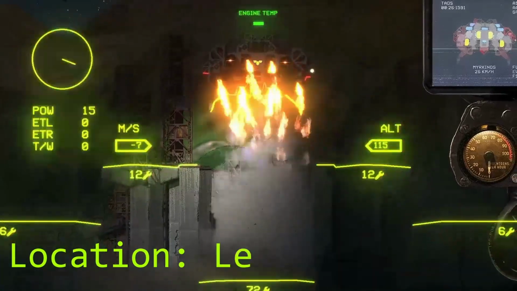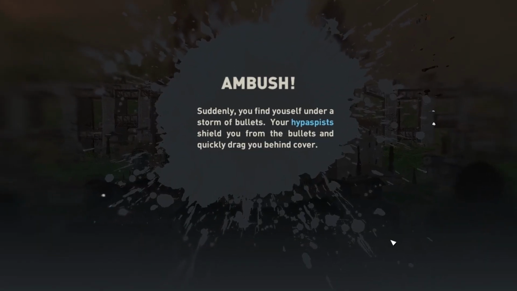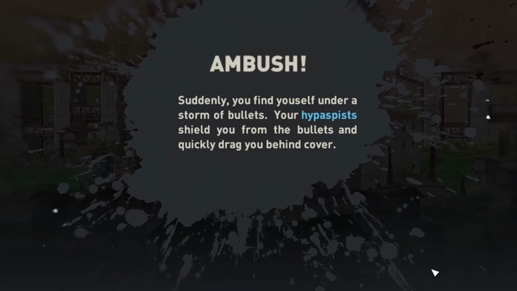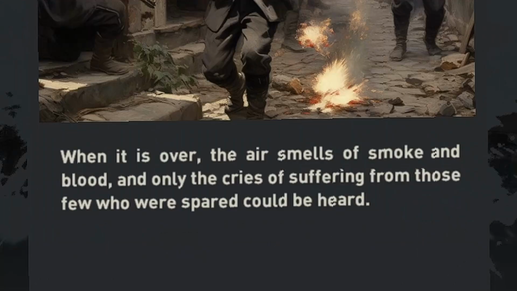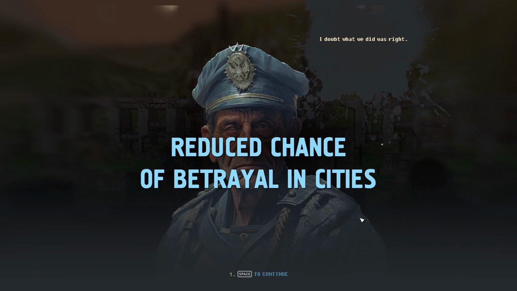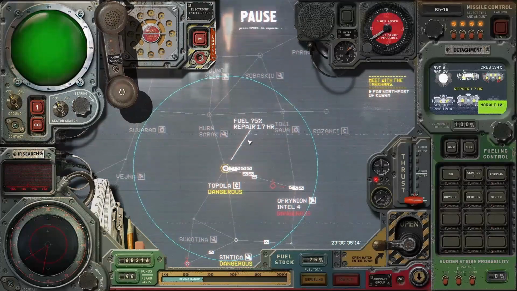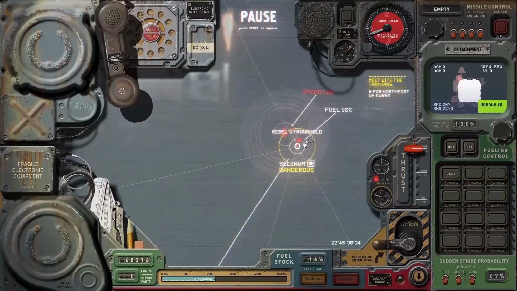At some point in the campaign, we reached a town called Lepenak, where we got ambushed by the local militia on our way to meet their Zupan, or town mayor. Angered by this display of rudeness, I ordered the town to be completely ravaged and for all of the rebels to be killed, which did reduce the chances of any other cities reporting us to the enemy. Very nice. After leading some of the other strike groups away from our main fleet in a wild goose chase,